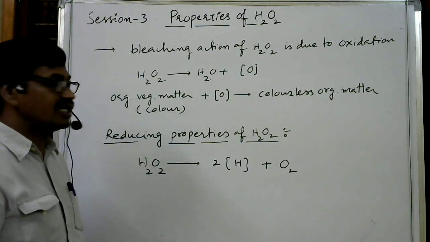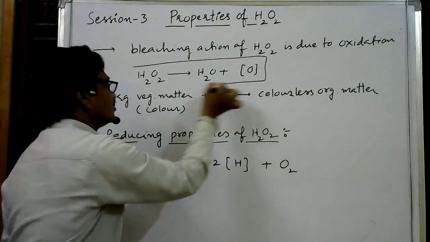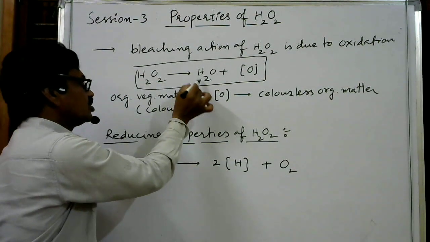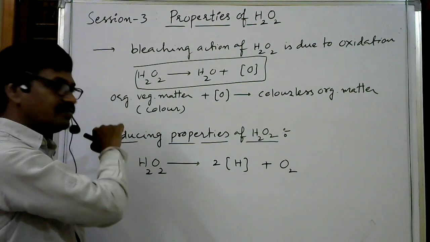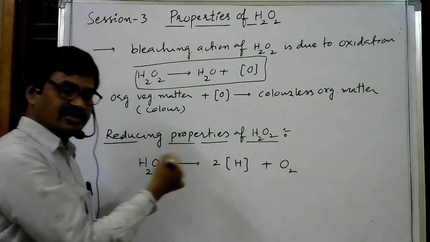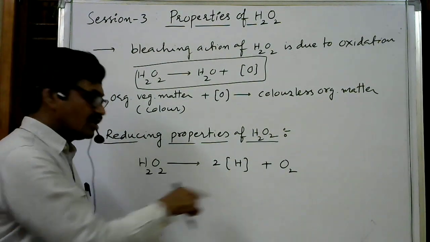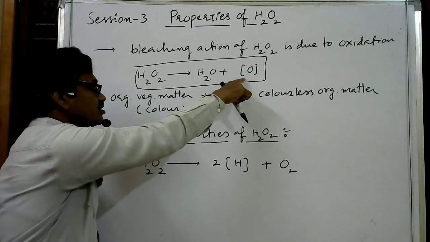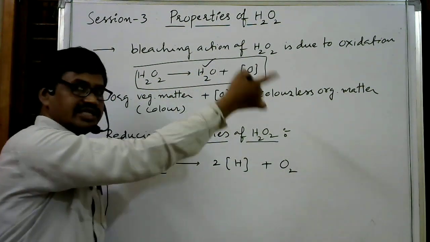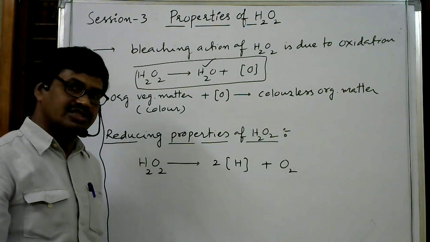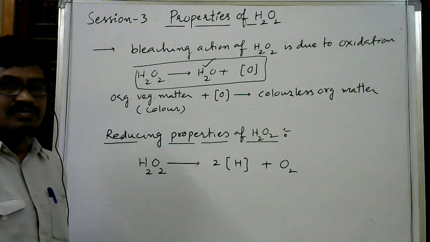What is the reaction responsible for the oxidizing property of hydrogen peroxide? This one. Here H2O2 gives rise to H2O and nascent oxygen. These nascent oxygens are further added in the next step. Here, these nascent hydrogens are further added in the next step, so that these nascent hydrogens are consumed and oxygen remains. Here, nascent oxygens are consumed and water molecules remain. So whenever water molecules are present at the product side, that is oxidizing property. Whenever oxygen remains at the product side, then it is reducing property.